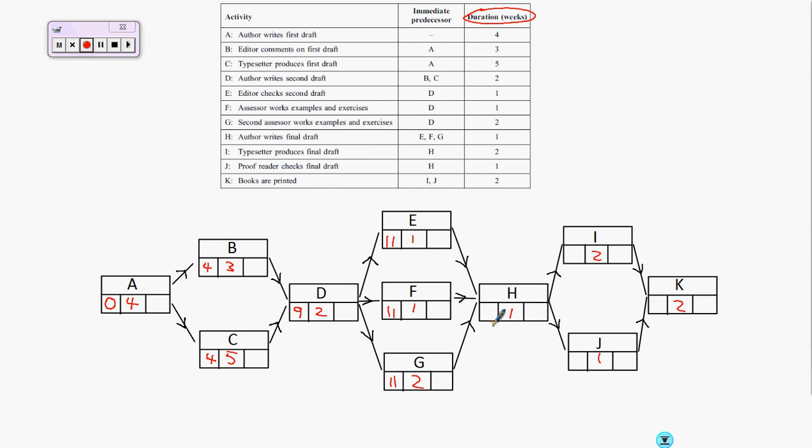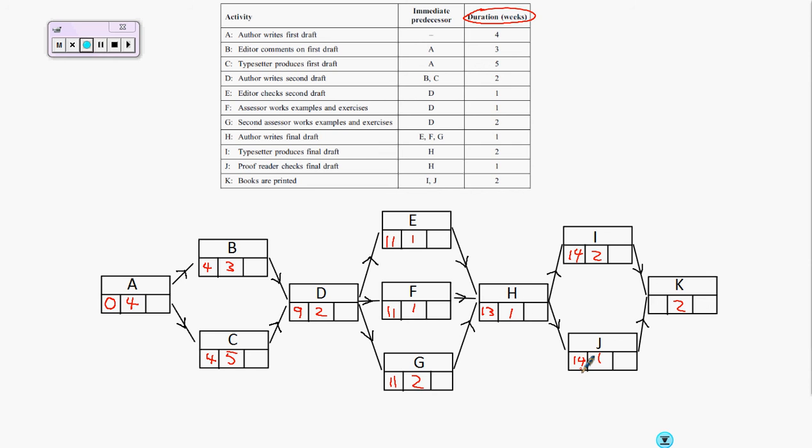Now looking across at H, H depends on 3 previous activities, so let's look at each of these. E starts at 11 and takes 1, so it could be 12. F starts at 11 and takes 1, so again could be 12. G starts at 11 and takes 2 weeks, therefore making 13. So we take the largest of those values to make H start at 13 weeks. So H starts at 13, it takes 1 week, so each of the activities that depend on it can start after 13 add 1,